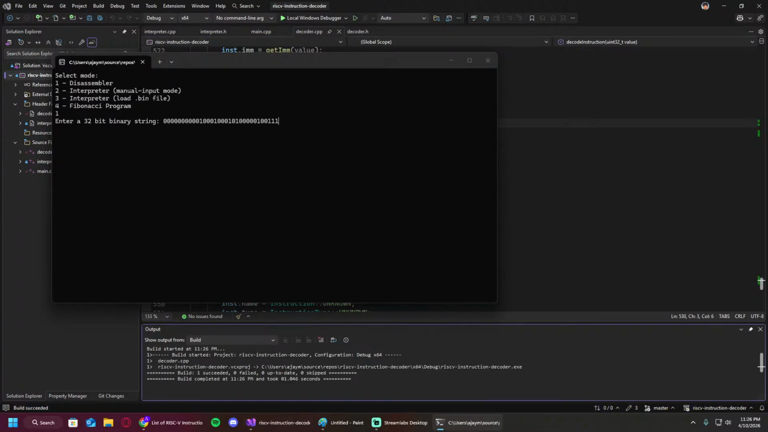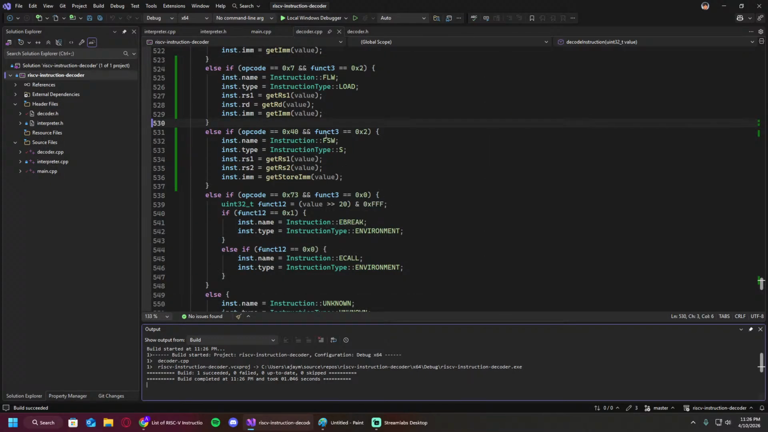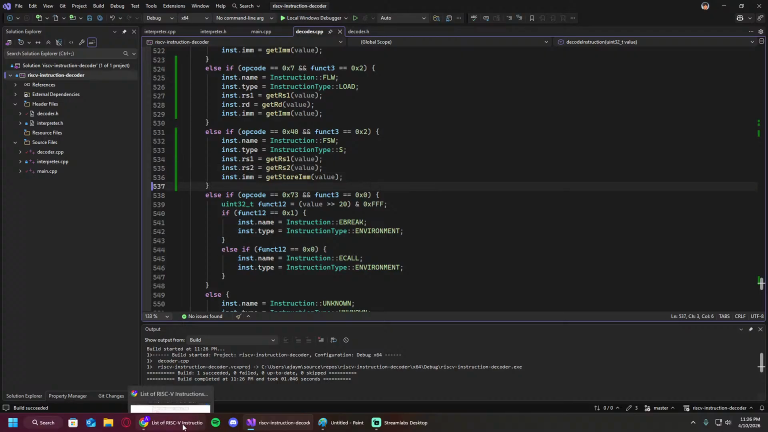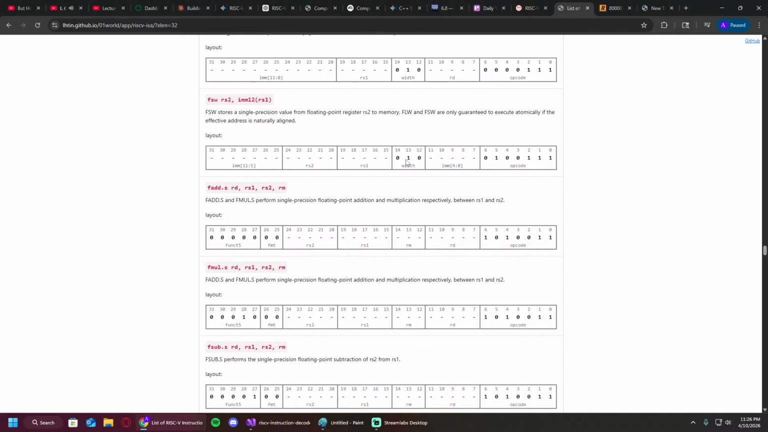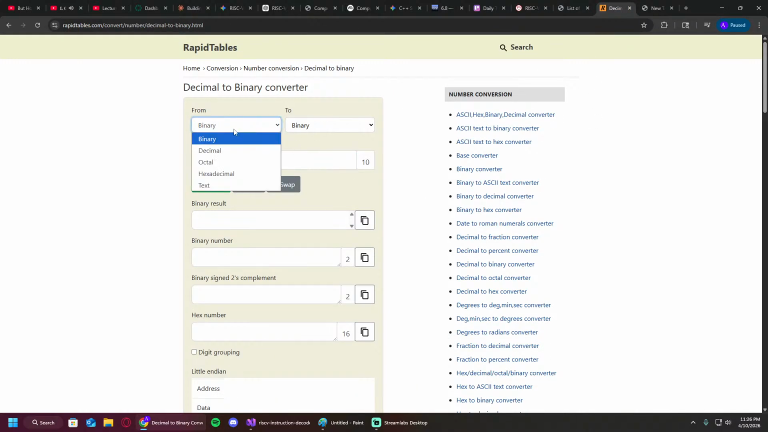No, still not working. Something went wrong. Let's see what's going wrong. Okay, so that should be 2. I mean, I'm pretty sure the value should be 40, right? Oh wait, no, yeah, I'm such an idiot, dude. I was doing